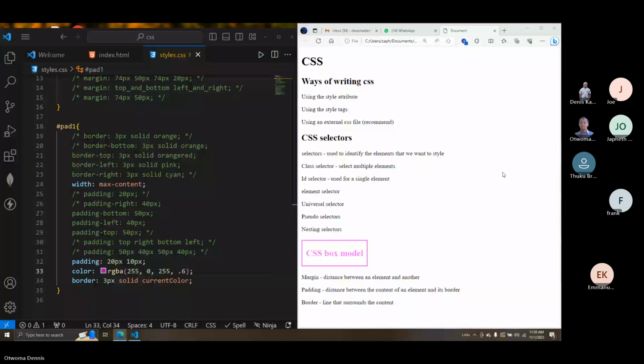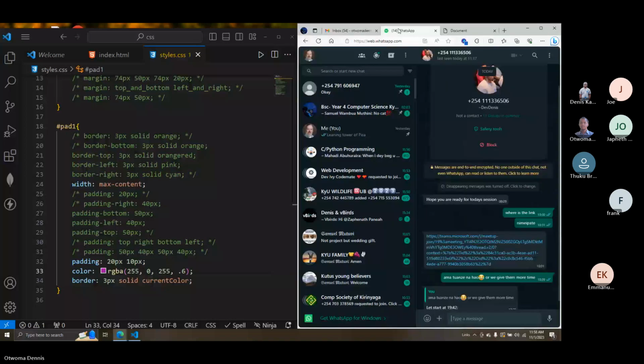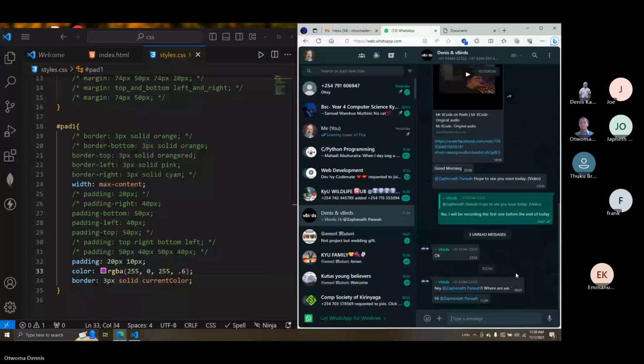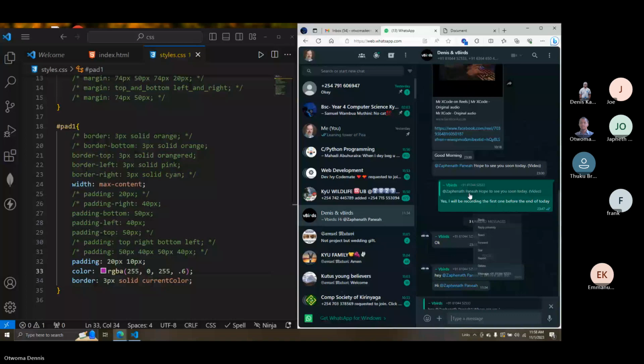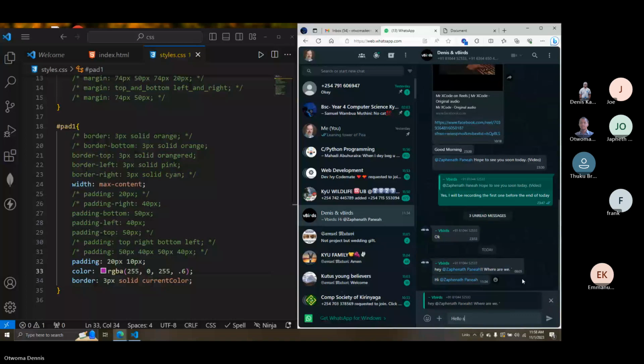So also in our midst we have Dennis Kaduri. Now we have Frisia Njoki. We have up to almost 11 attendees. So I think we're still having a challenge with our attendees joining the session. And I will also be communicating on a way in which we'll have more attendees joining our event, because in our WhatsApp group we have more than 250 attendees. So we'll try as much as